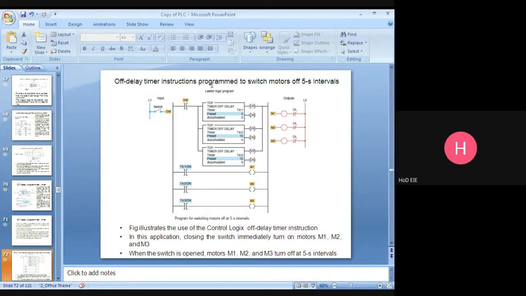Off delay timer instruction programmed to switch motors at 5 second intervals. You just try to understand the process first. I'm having 3 motors.